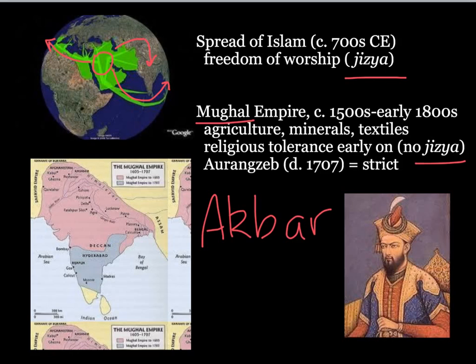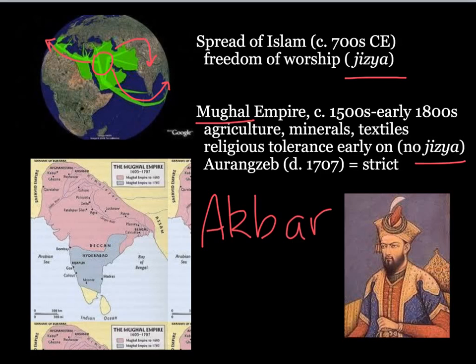When he took wives from among the Hindu royalty, he did not require his Hindu wives to convert to Islam. And so his attempts at outreach really gave him an enormous amount of favor among his Hindu subjects, and they called him Akbar the Great, and they thought he was wonderful. But that wasn't exactly the way his Muslim advisors saw him. In fact, they felt he was way too liberal, that he was allowing the Hindus too much leeway in their trading and in their social lives. And they went so far as to call him a heretic, right? Someone who had turned away from the true teachings of Islam.